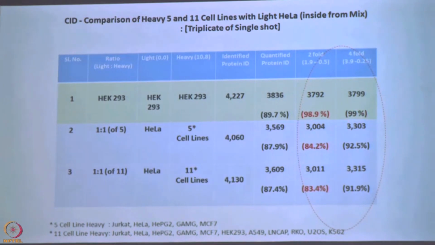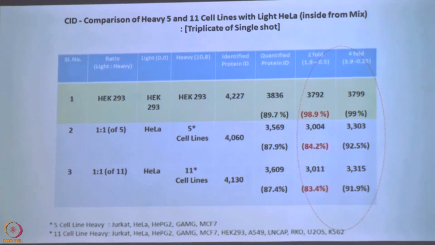an error, okay. Now, I have taken 5 cell lines, and in the 5 cell lines I am taking HeLa versus Jurkat, HeLa, HepG2, GAMG, MCF7. So this HeLa is inside that 5 cell line mix, but I am able to quantify and see 2-fold, and that is falling only 84%, which means others are changing, okay. Here is very little change, here you can see more change, that means different cell lines have different things,